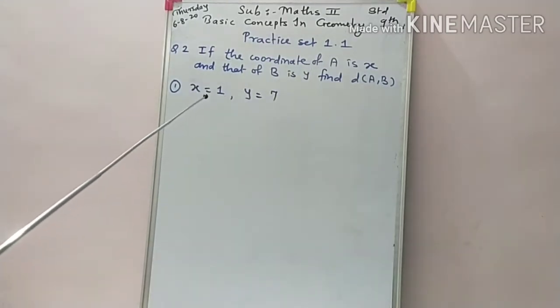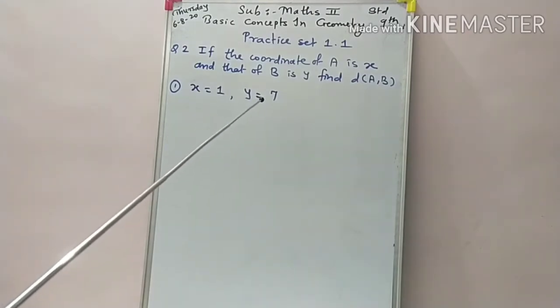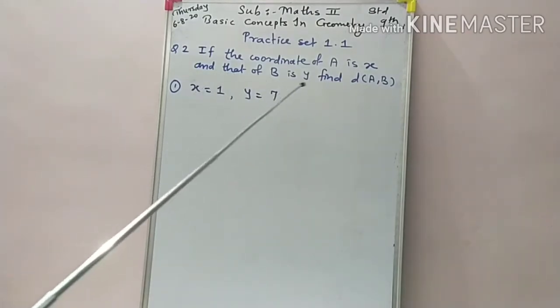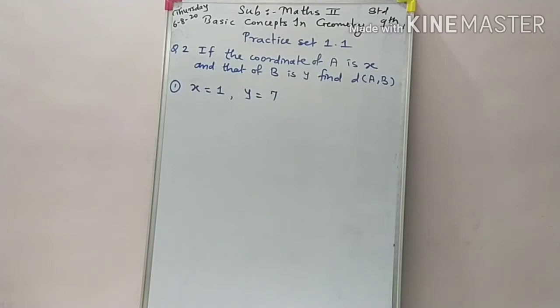So the coordinate of A is 1, the coordinate of B is 7, and using this you have to find the distance AB. Here you are not supposed to draw the number line; you directly find the answer, the distance between A and B. What do we do here, students? Yes, we compare these two coordinates. Which one is greater? Of course 7 is greater than 1, which means y is greater than x, and hence we get the distance between the 2 points A and B equal to,